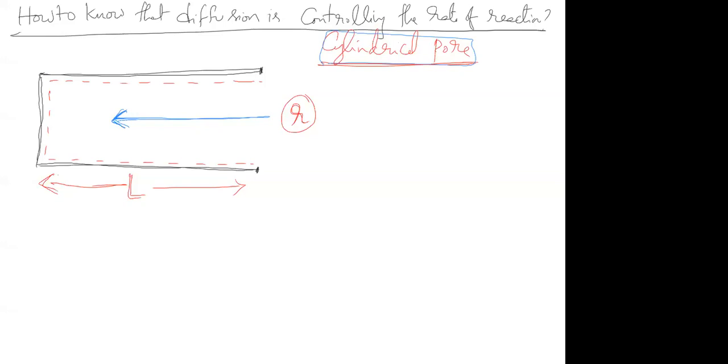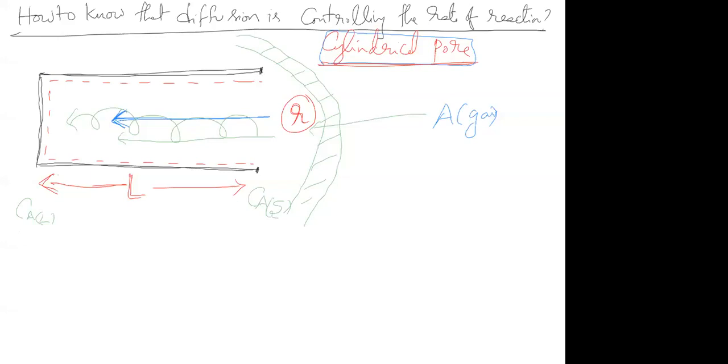Let's take a gas molecule here. Then you have a film at the entrance of the pore. That means it has crossed the film. Now it is going in the direction of the particle, going inside something like this. Let's say the concentration at the surface is CaS. The concentration at the last point is, let's say, CaL. Concentration here is L, concentration here is S.